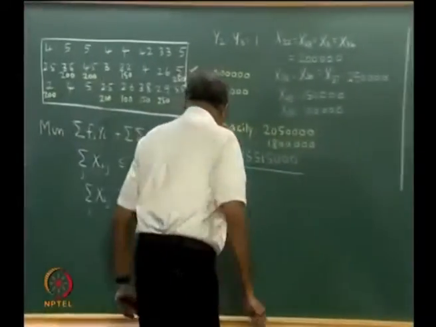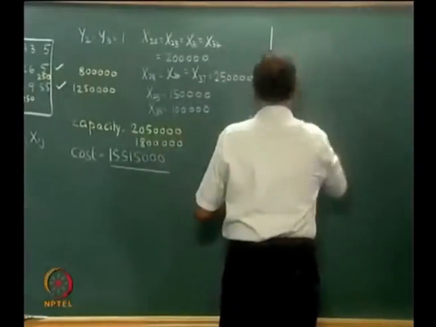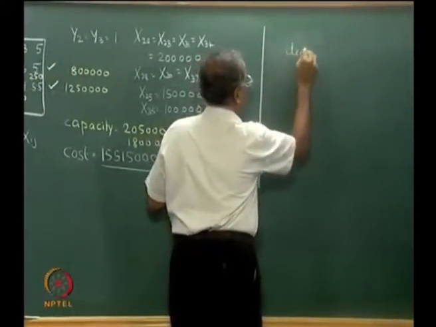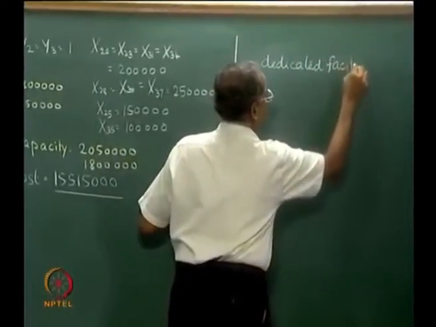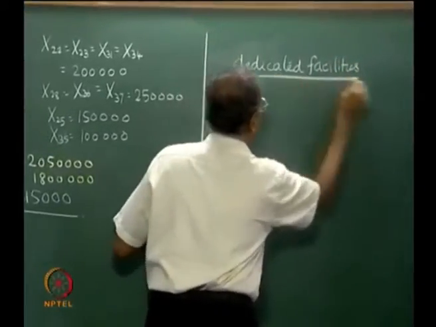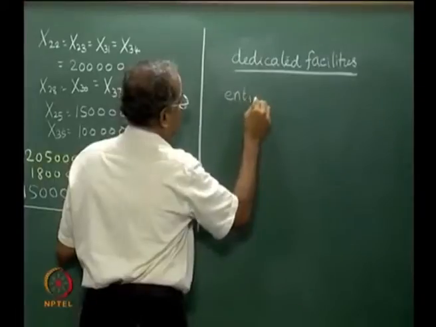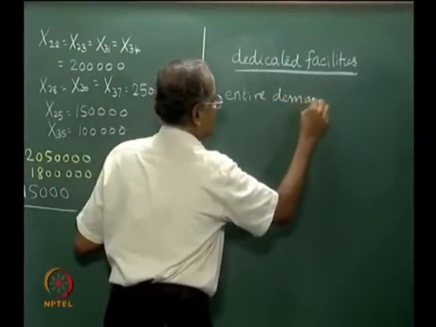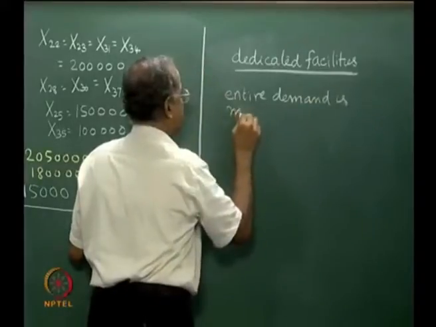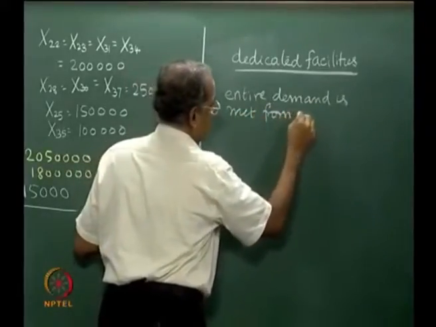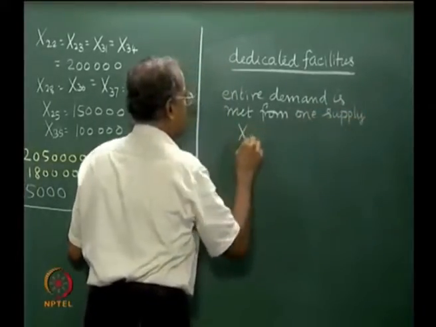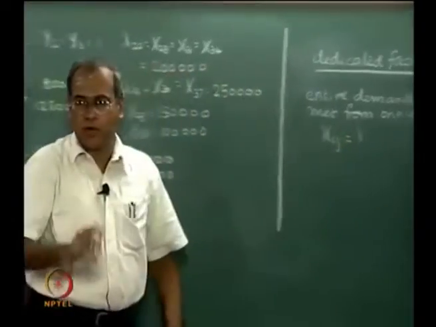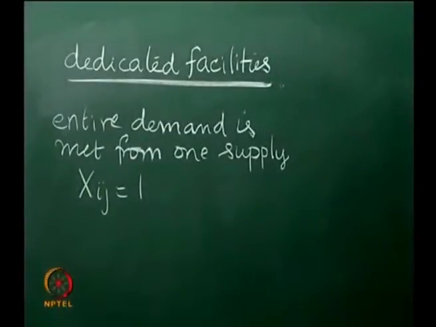Because when we consider dedicated facilities, the entire demand is met from one supply. x_ij will be equal to 1 if supply i meets the entire demand for j. So, the solution would be x